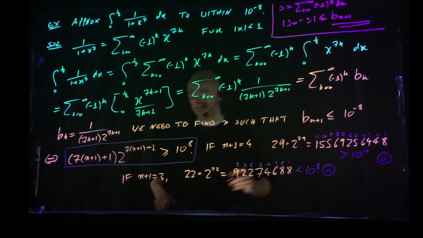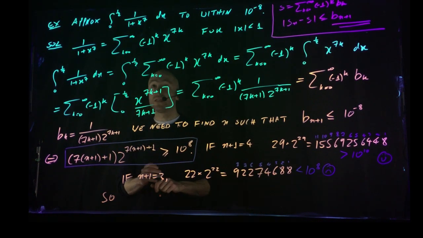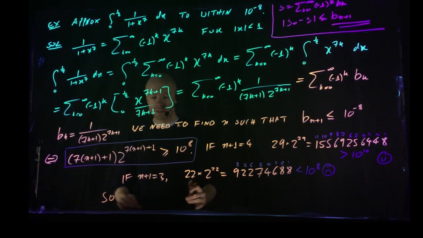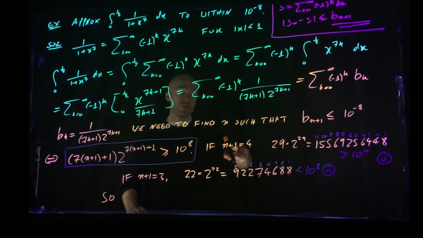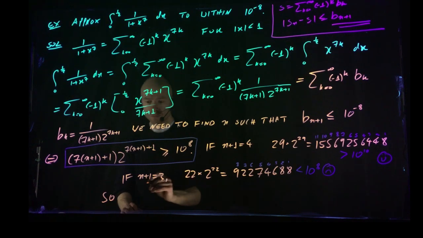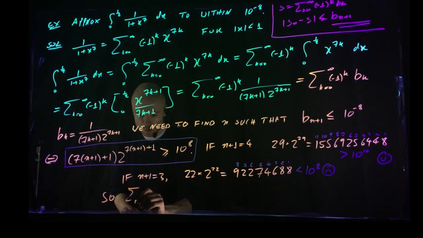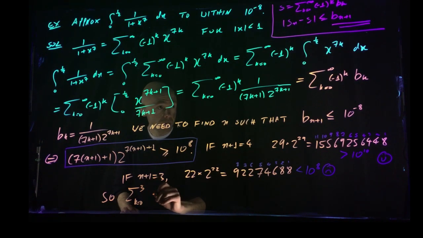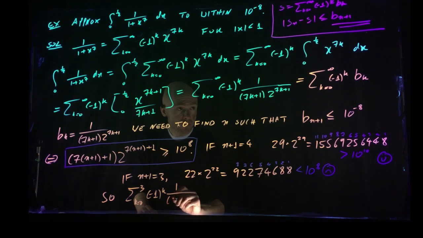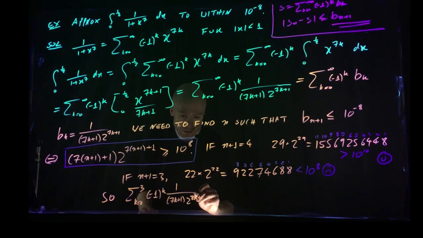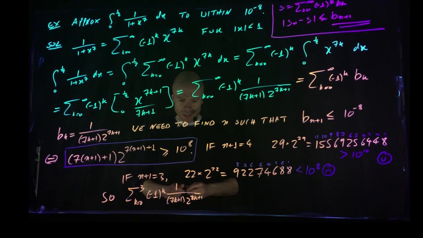So the answer is, to get this thing to within 10 to the minus 8, we need just to sum the terms from k equals 0 up to k equals 3. So the sum from k equals 0 to 3 of minus 1 to the k, 1 over (7k plus 1) times 2 to the (7k plus 1). This thing is our answer. Okay, so